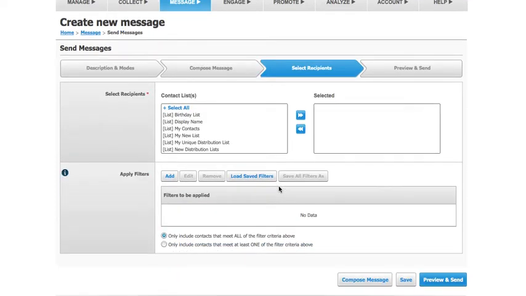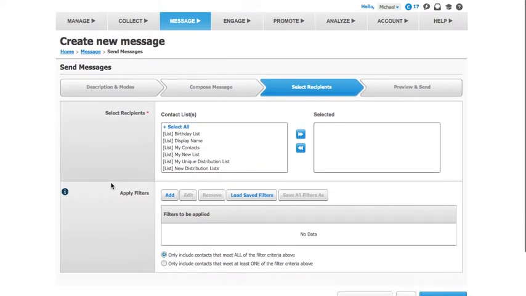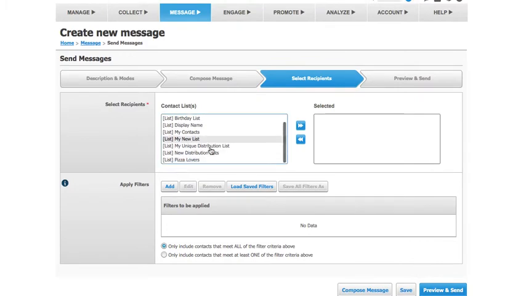Now we're in the select recipients page, and you'll be able to select the different lists that you already created in your text message marketing campaign. I already created many lists. The lists that you create are in a different section of your members area. But for this example, I'm going to click on